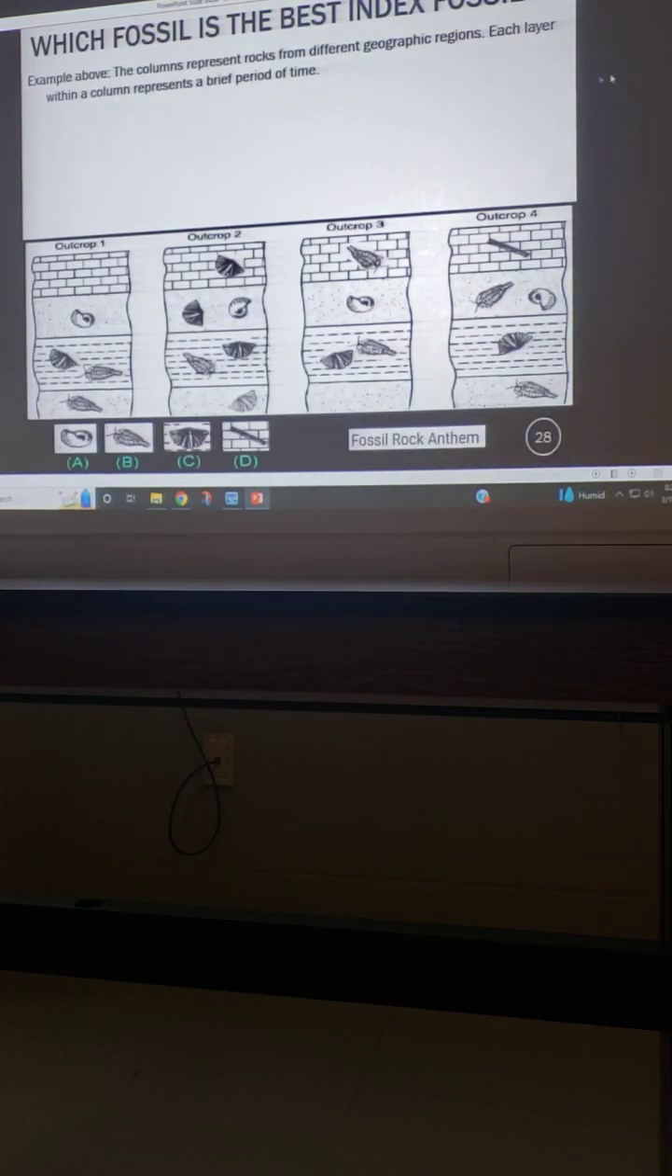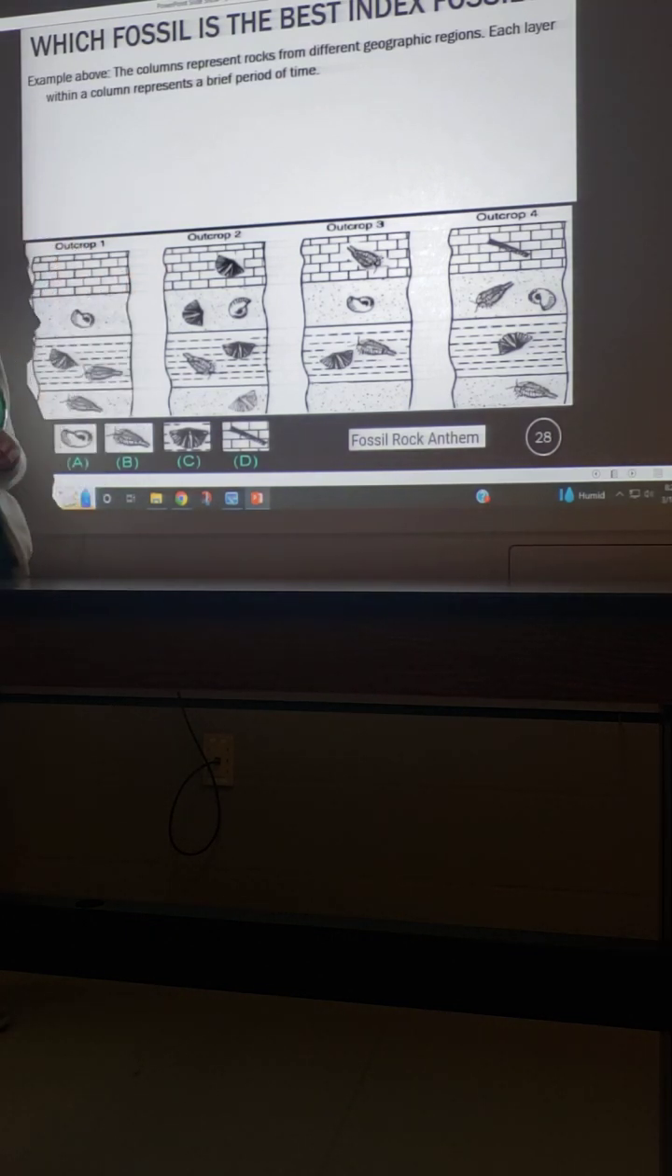All right, so here we have, they're calling these outcroppings. Sometimes you'll see them called samples. These are 4 different locations, okay? These 4 different locations have several different layers to them, and they have multiple different fossils. So our job is, from these columns, we're going to try to pick out the fossil that would be the best fossil to help us date or learn more about that layer based on the fossils that are in that rock layer. Okay, so